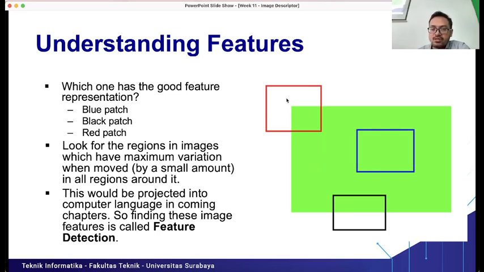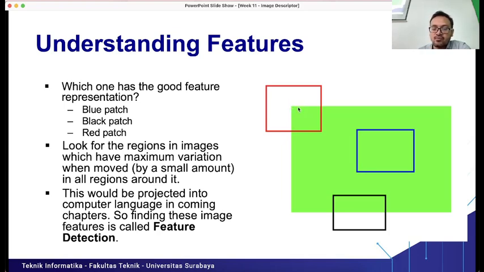But if you compare with the red rectangle area and black rectangle area here, from the black rectangle area, if we move this area up or down, we will see the significant difference in pixel values. And for the red rectangle area, it contains the corner.